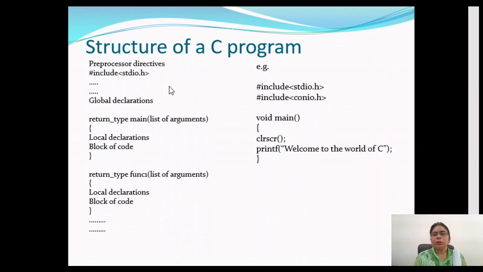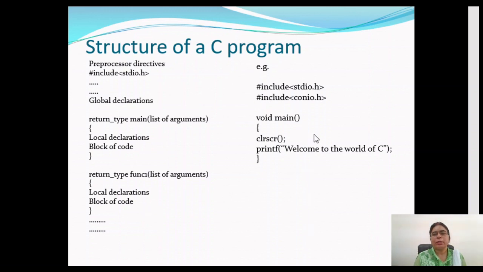Okay. So right now, to start with, as we don't know the detailed concept of functions, we will not make other functions, but we will simply make a simple function main, and then we will code the program. And then as soon as we study the concept of function, we will use the functions and then we will code the program.